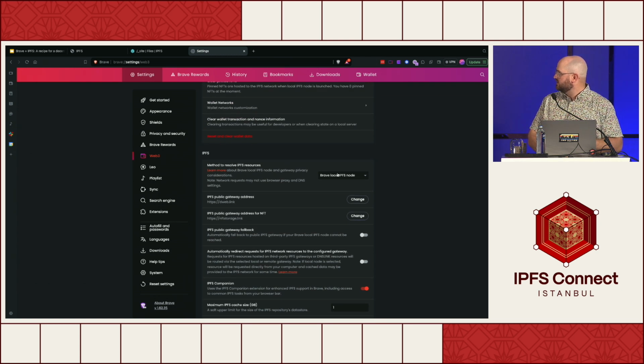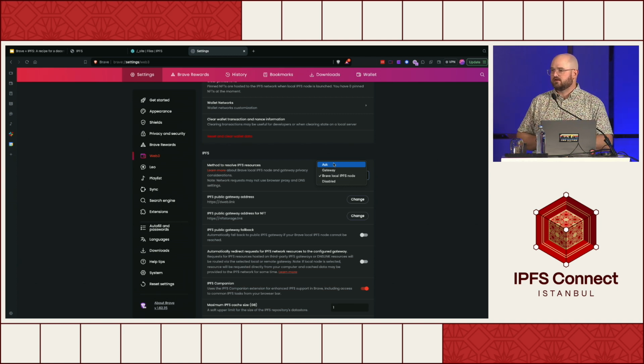In this case, the default configuration, I believe, is Ask. Essentially, the first time you visit an IPFS site with a CID, it'll ask you, do you want to set up a node? Do you want to redirect to a gateway? Those types of things.